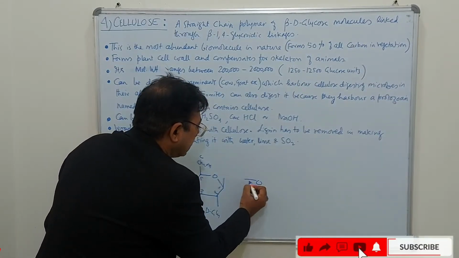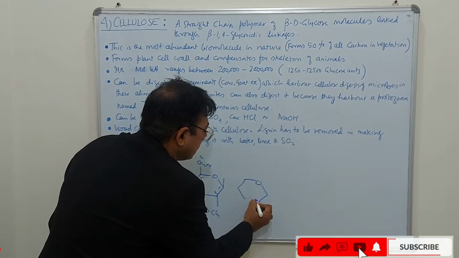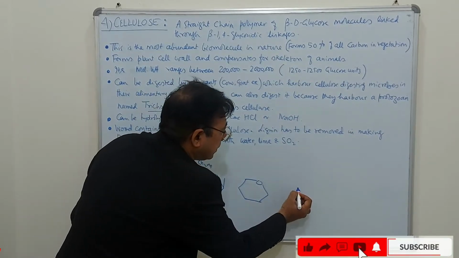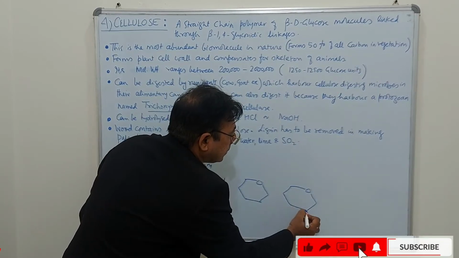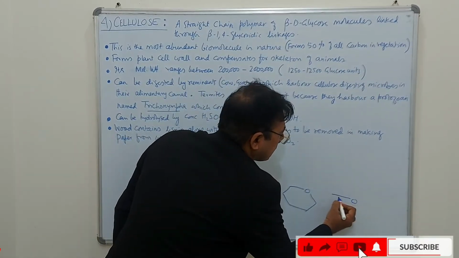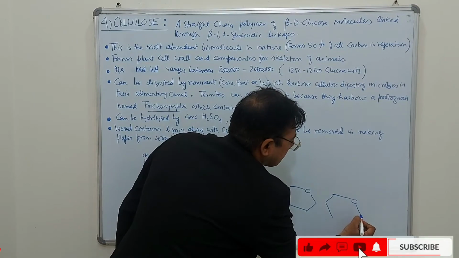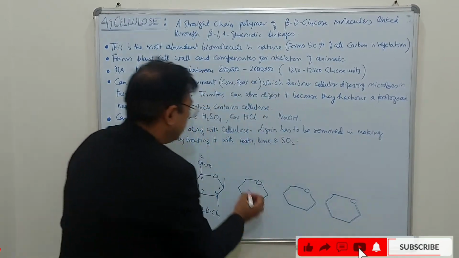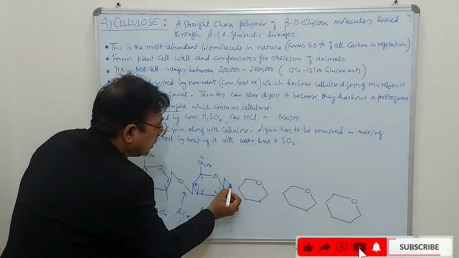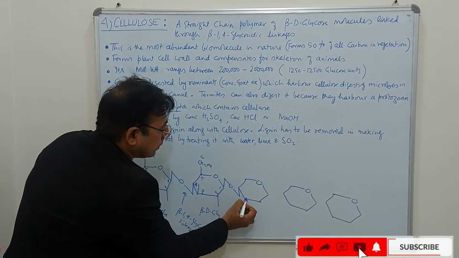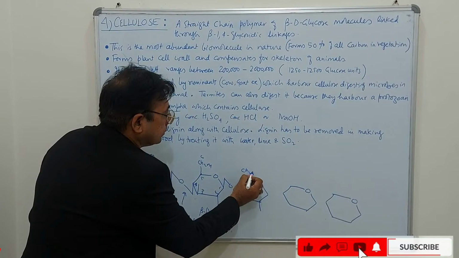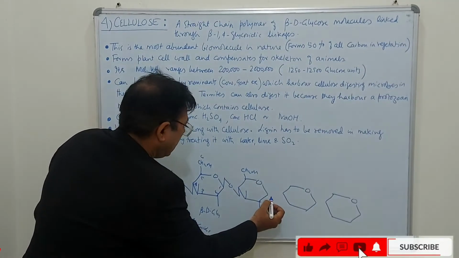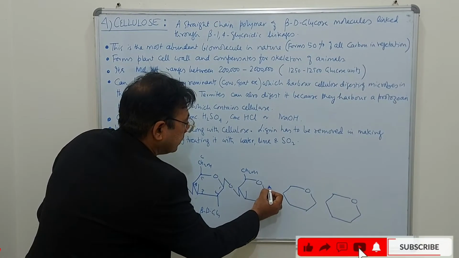Once you know this, the pattern of drawing this structure becomes very simple. You have to keep on making glucose molecules like this, and then you have to keep on making bonds like this. CH2OH here, then again